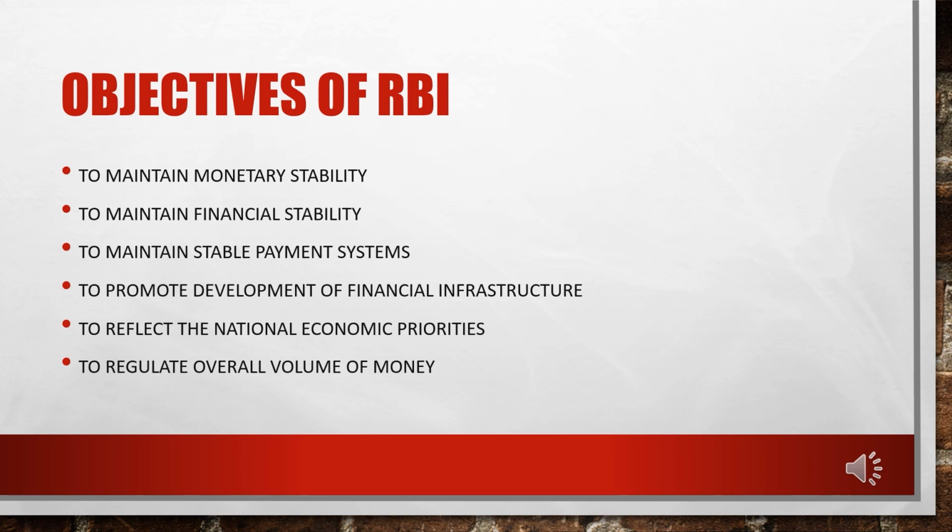We can say that is the basic objective, the basic motto of the Reserve Bank of India: to regulate the overall volume of money and credit in the economy with a view to ensuring a reasonable degree of price stability. That has already been explained to you, because monetary stability leads to price stability. That is the main broad objective on the basis of which RBI was established. Now we will see how RBI functions.